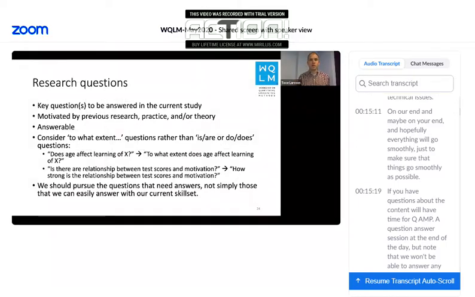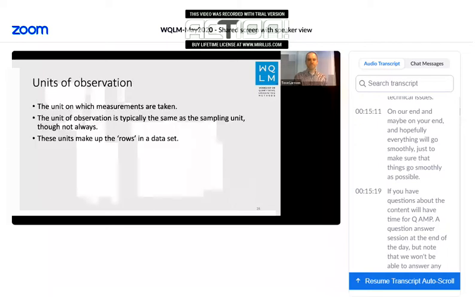Obviously, some questions cannot be answered right now with our current methods. But many can if we will put in the effort to try to learn what we need to and to maybe work with others who have a different skill set than our own. Okay, so